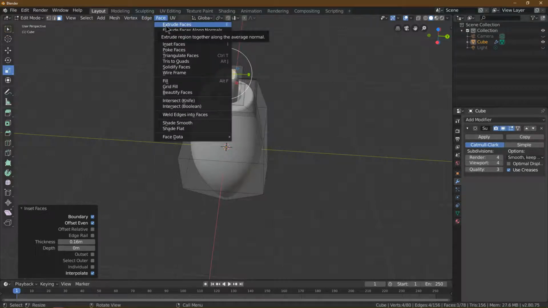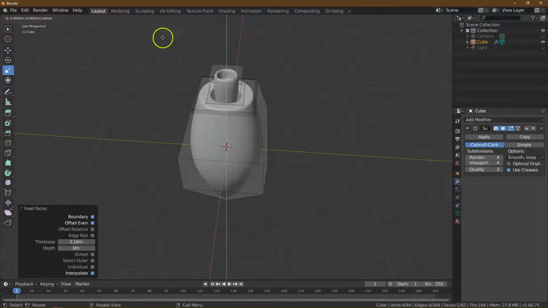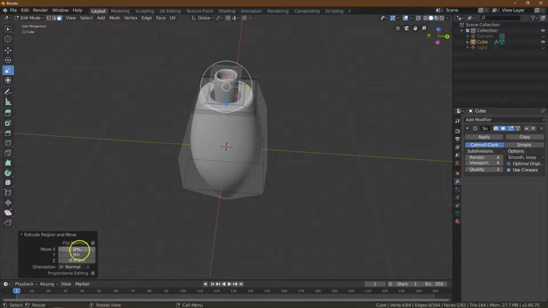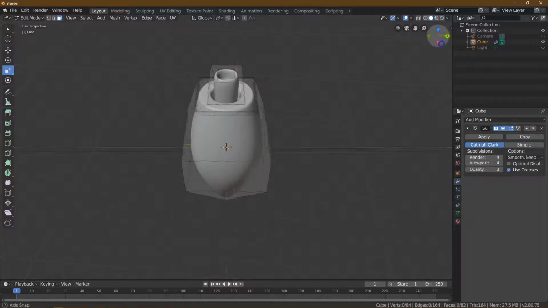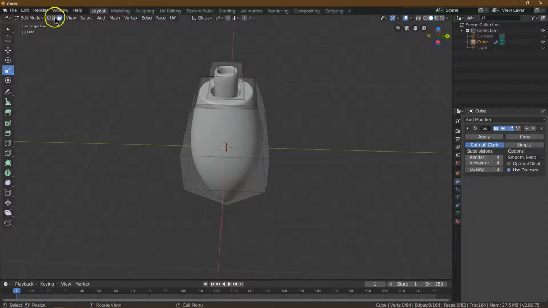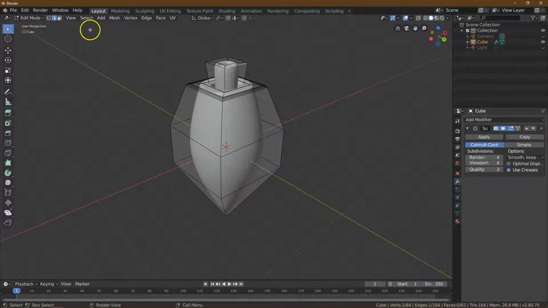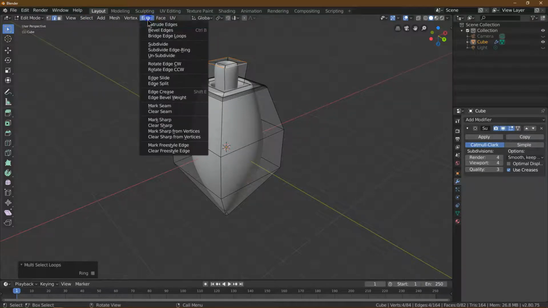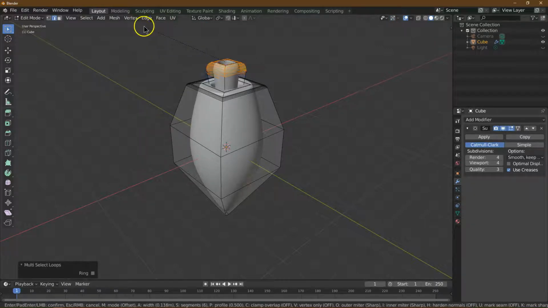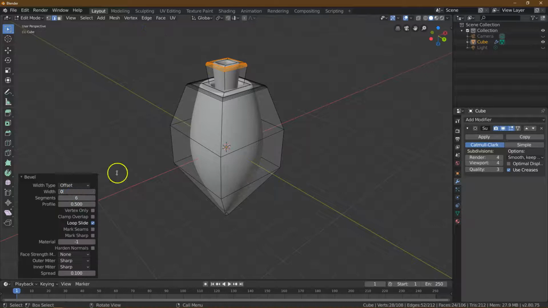And then I'm going to do face, extrude faces again, and pull down. And -1 is looking great. Okay. And now what we're going to want to do is we do want to bevel our edges again. So let me go into edge mode and select this edge, select looped, edge loops, edge, bevel edges, 0.04